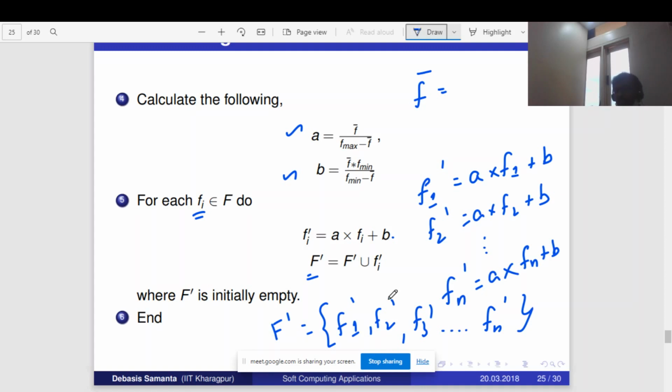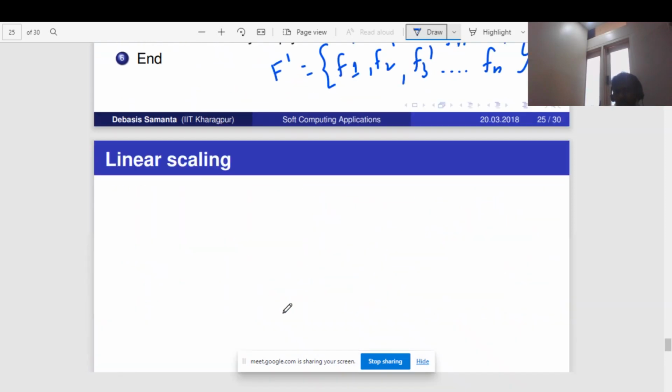Again there is a question. What is the guarantee that it will move towards the global maxima? It is highly expected that it will move to the global maxima, but there is no guarantee. Are you getting it? So you have to always check the previous solution and the current solution. After identifying these new f's, you have to check whether this is giving a better result or the previous one is. If it gives a better result, it is good. Now you can continue, and then you may move towards the global maximum, right? So that's the idea.